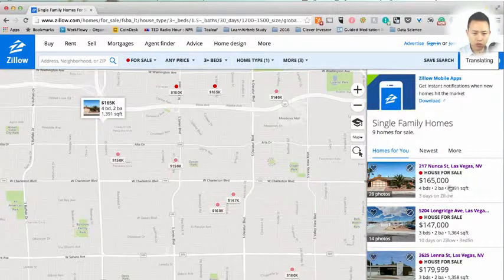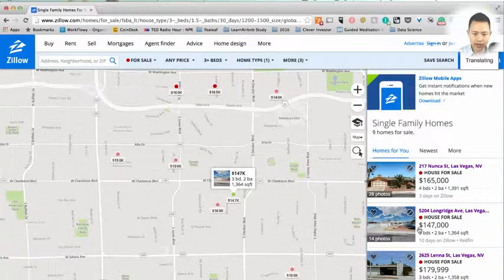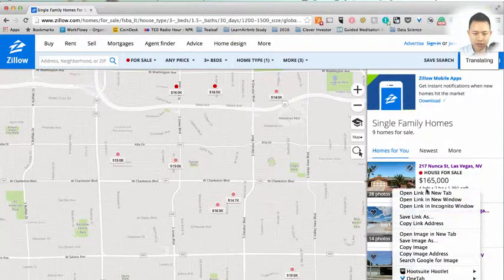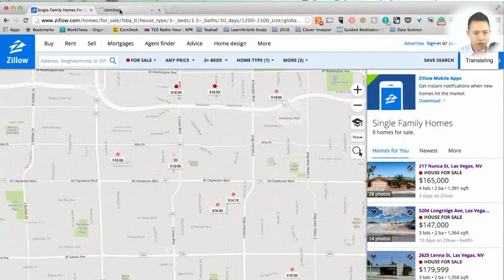I want you to go to the right. You'll see that when you hover over a listing on the right, it will appear on the left to tell you which listing you're looking at. So right now, if I hover over this 147, that's where it's at. It shows up on the map. So what I want you to do is right click on the image on the listing and open a new tab for it. Okay, you see it create a new tab, and